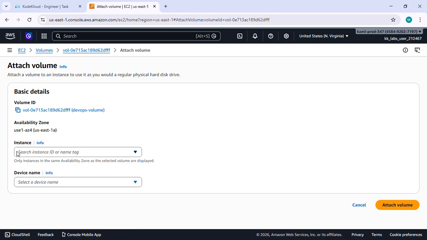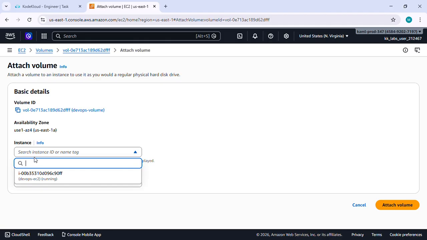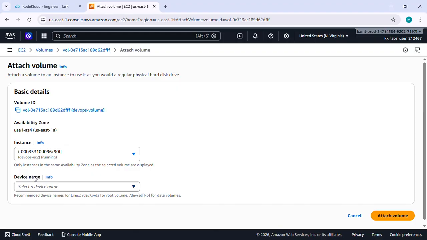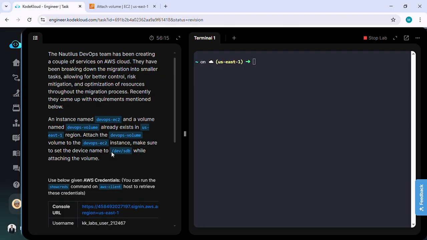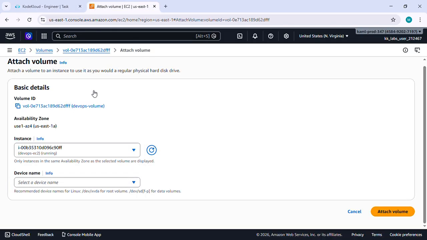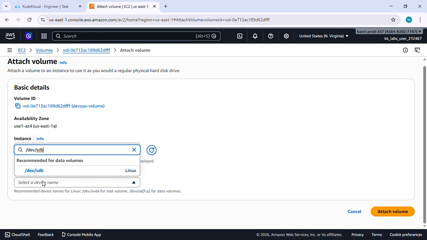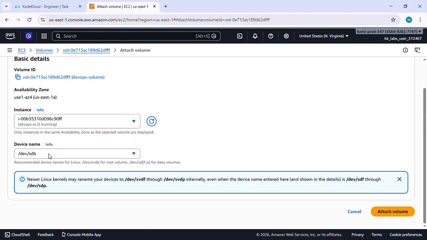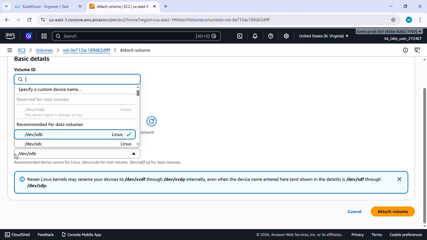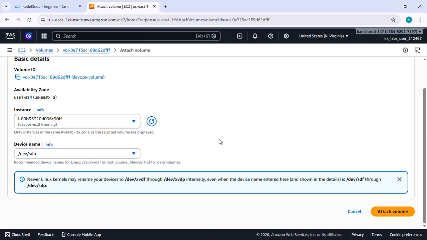and we need to select the instance ID. There is already one instance running which is DevOps EC2. Click on this and select the device name. As it's stated, we need to select the device name /dev/sdb. Select this. This is basically for Linux. Click on attach volume,